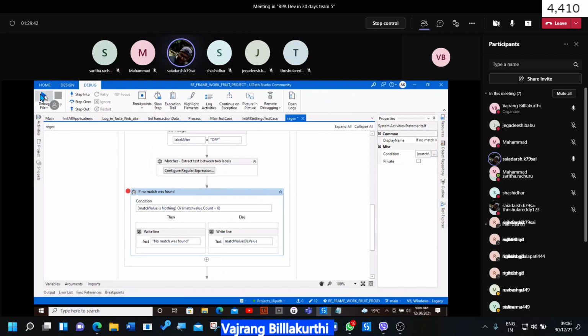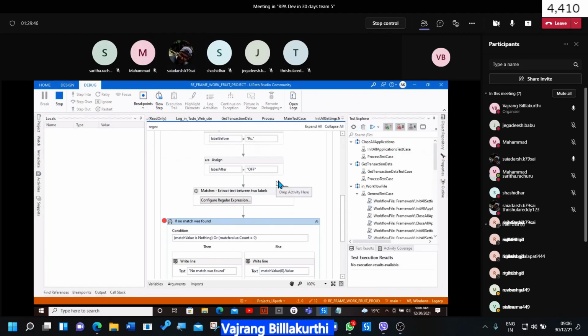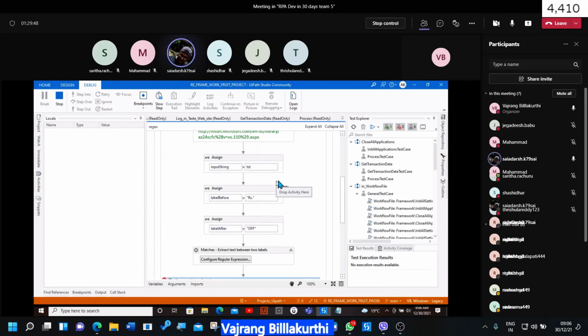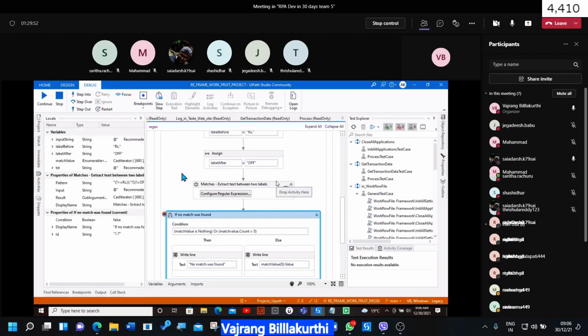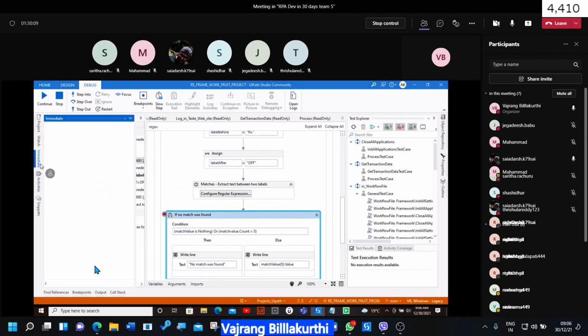Okay, let's debug the file. How many results are we getting? Input text, match value, cast iterator. So this is the pattern that it actually took. And in the immediate window, let's see with match value dot length.